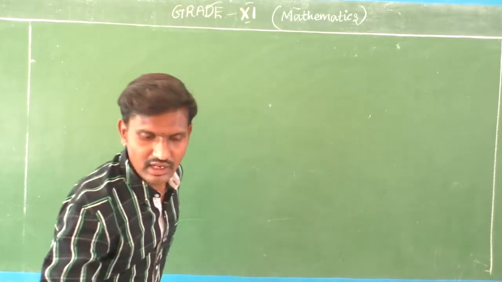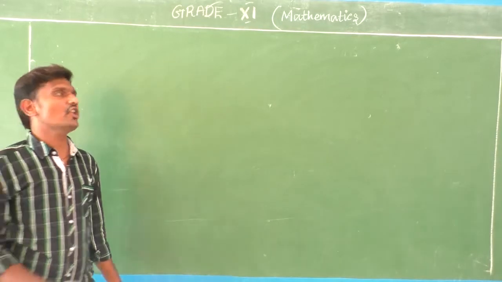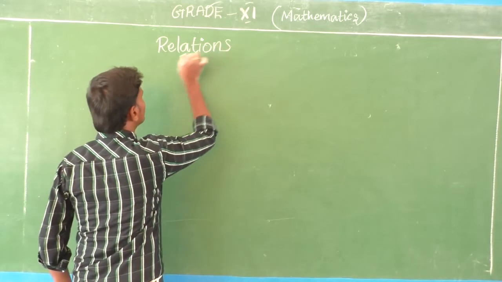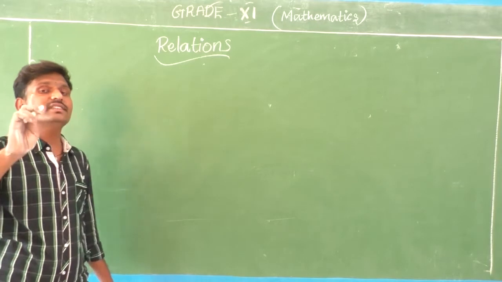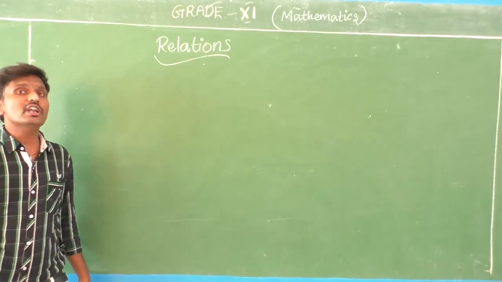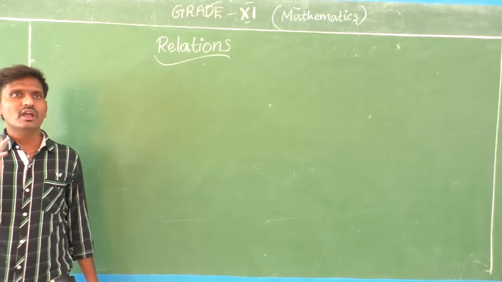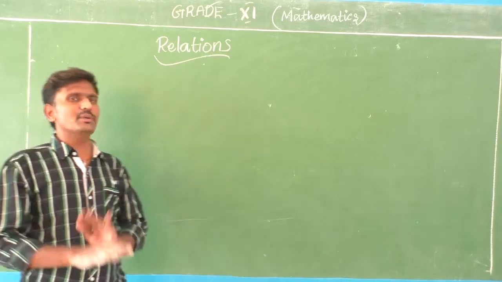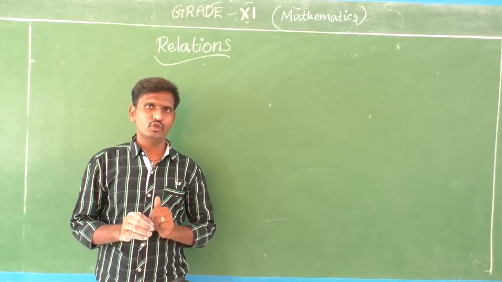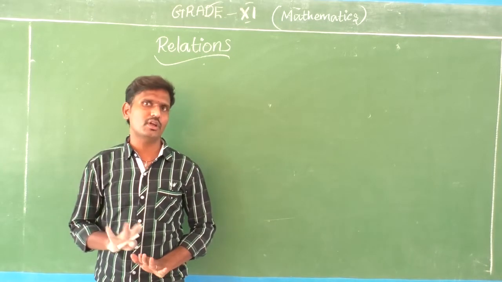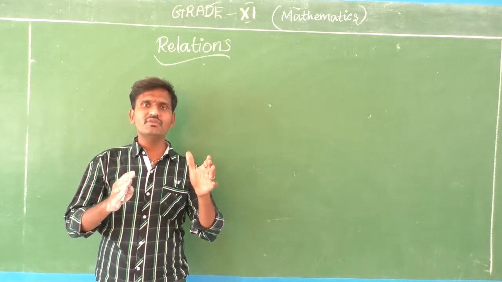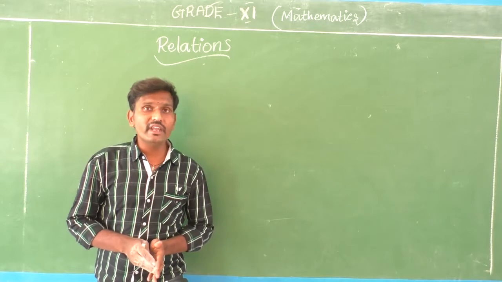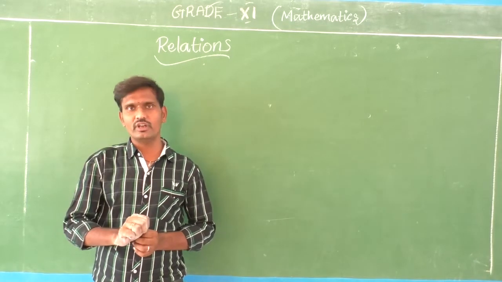Okay, students, the second exercise topic is relation. What is that? Relation. It is very important. I already told you this will continue in your 12th standard, in the first term. So what is relation, sir? It is very simple: the relationship between one thing and another. For example, the relationship between you and me: I am a teacher, you are a student. Like that, I am going to take a relation between two sets.